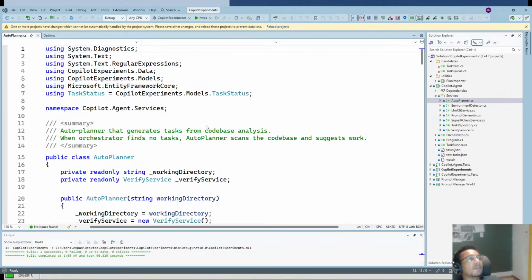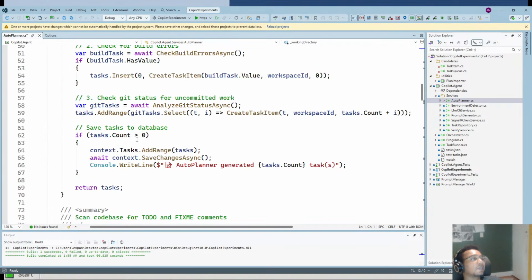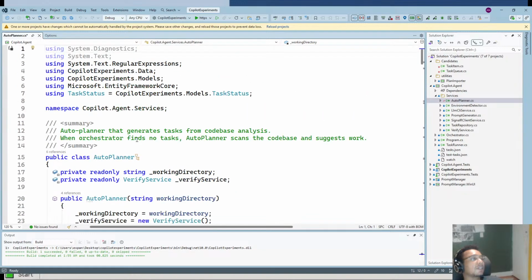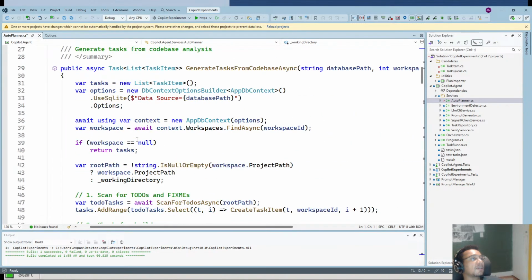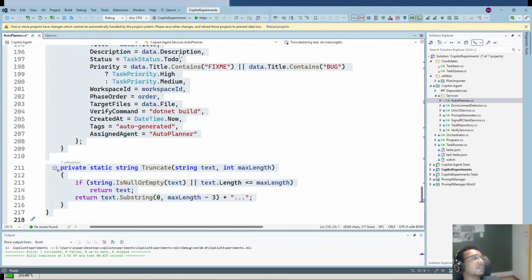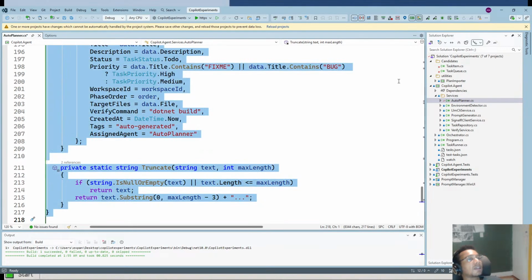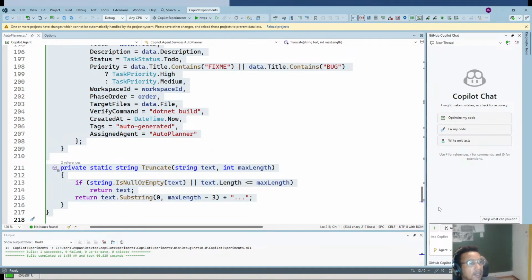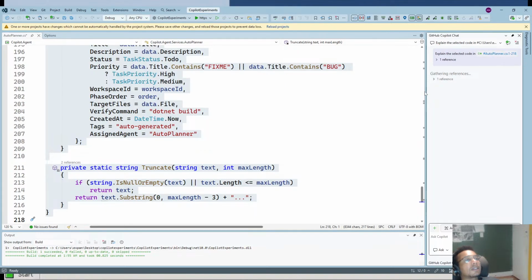What services do we have? We have an auto planner. Auto planner is basically, it generates tasks from code base analysis, and the orchestrator finds new tasks. I don't know about this, honestly. Let's see. Could we explain this code? Let's actually right click and then go under our agent and say chat. Copilot action explain. We're gonna let it explain it to see if it's important enough to migrate, because what did it say here? It says that